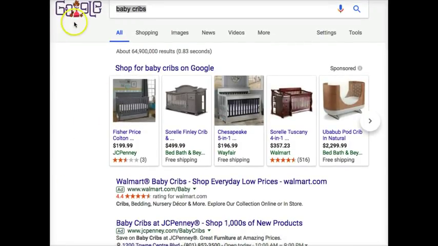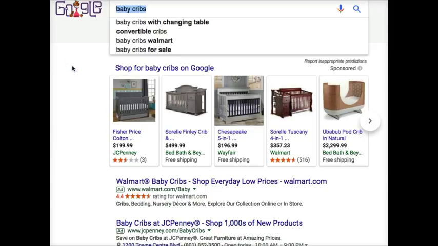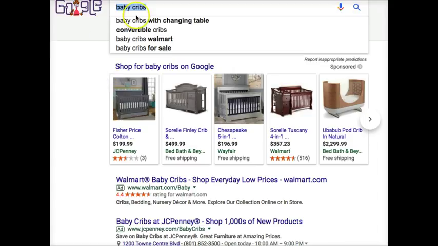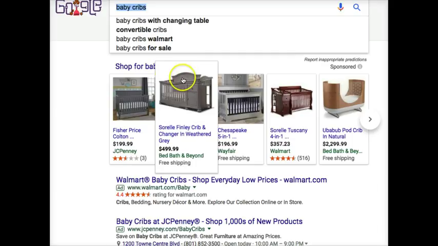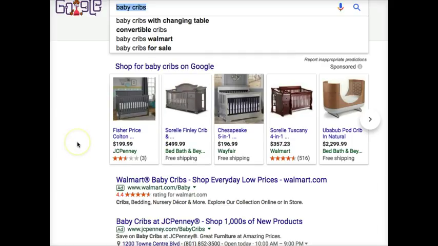And so keep that in mind, that most traffic is going to come through Google. That means that we need to please Google. We need to do what Google wants to see for their algorithm so that they will rank us where we want to be ranked. All right, so that being understood, let's now dissect Google's search page. So we did a search here for baby cribs, and what we see first is the way Google is showing things today, and they've changed this over time. They used to have a list of ads over on the right side, which they don't do anymore.